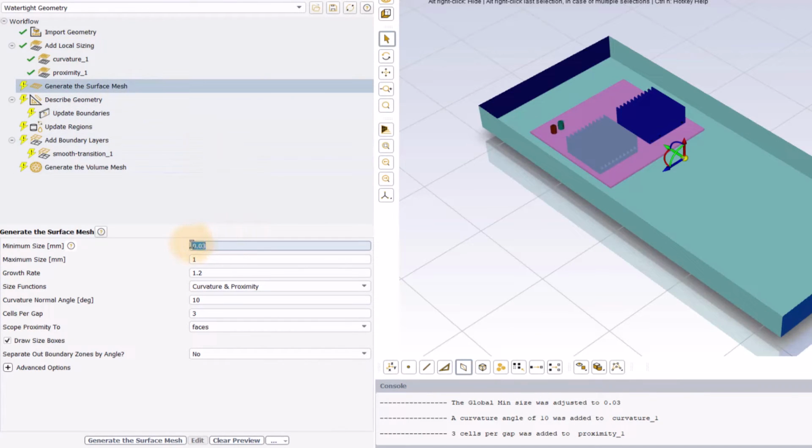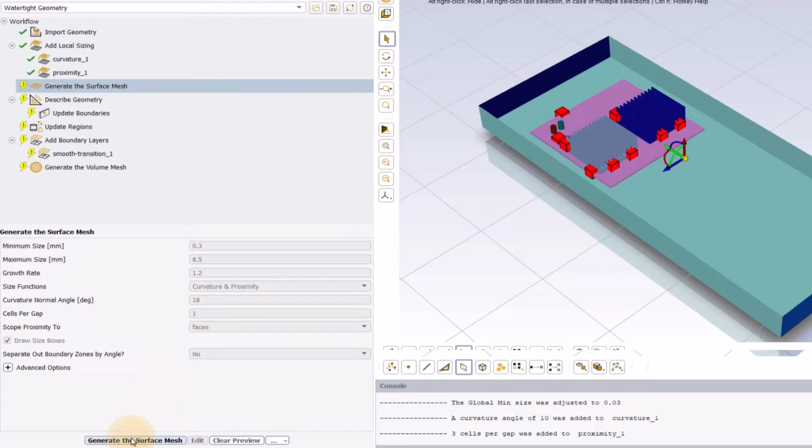Change the minimum size to 0.3 mm and maximum size to 8.5 and select the curvature and proximity size function. Retain the default curvature normal angle and cells per gap values of 18 and 1 respectively. Although the parameters that control the global size functions are the same as the local, it is important to understand that these settings are applied globally on all surfaces of the CAD except on those entities where we have prescribed local size controls. Keep all the other inputs as it is and hit Generate the Surface Mesh to generate the